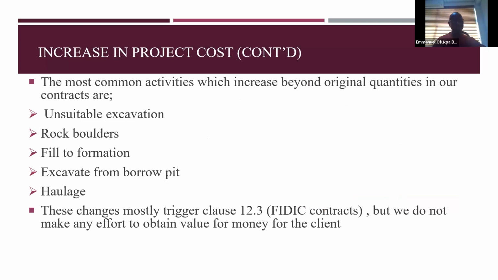So when we come to this clause, a lot of the time it looks like the contractors have noticed that because our projects are ill prepared, they smartly price their contracts in such a way that some of these items are a little loaded in terms of rates. And they know that when they get to site, those things will increase. So they are going to make abnormal profits.